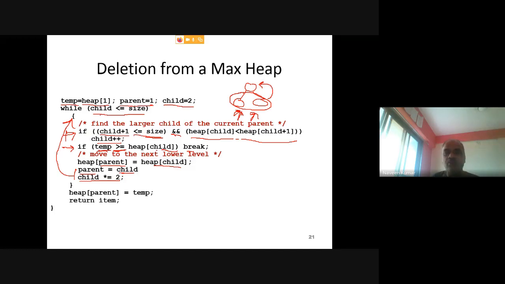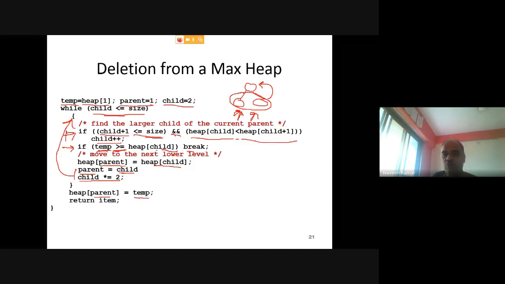So when will you finally stop? Stop when the child is not valid, meaning you have reached a leaf node. Finally you will store that temp at its parent location. The parent cell remains empty, and initially the root element you stored in temp.